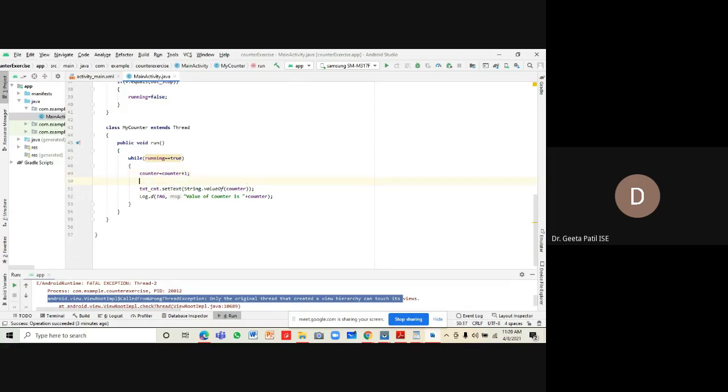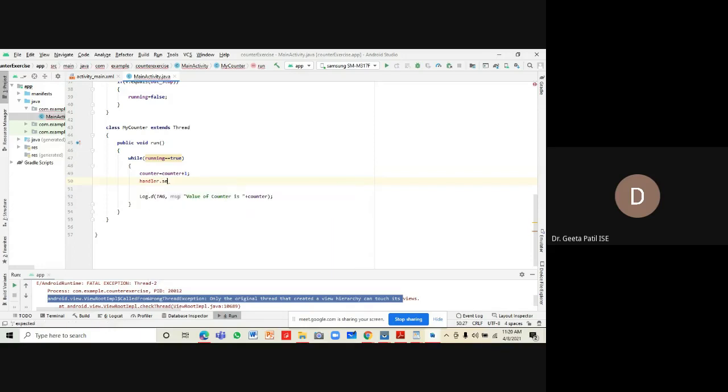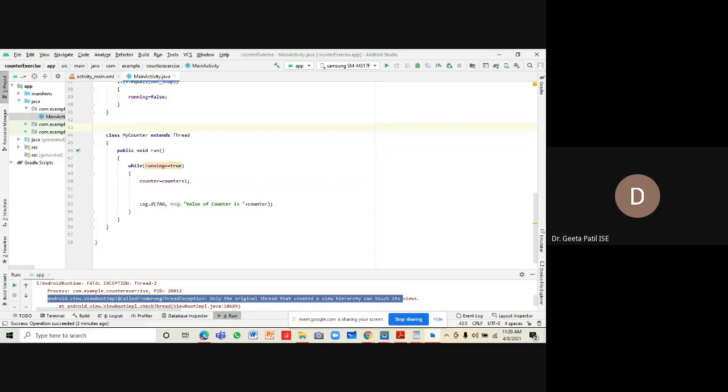So we will not change the text of the text field, but what we will be doing is using handler dot send empty message. We'll have to create the object of handler type here in the onCreate function.